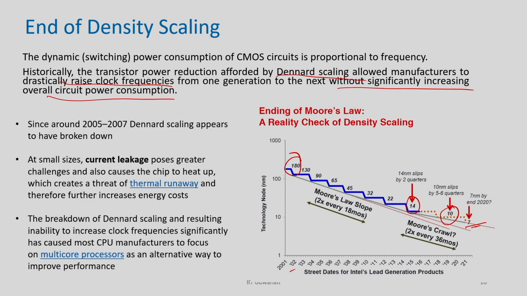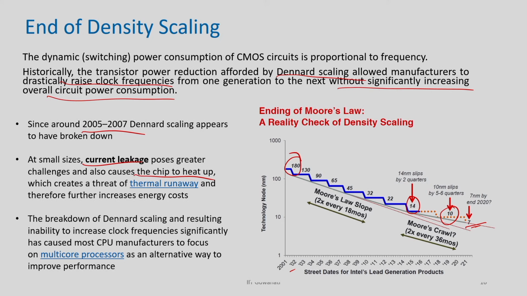Increasing the frequency has a side effect, right. Once the transistors become tiny, there is current leakage and also a problem of heating up, so your chip can burn with this many transistors working. Around 2006 or 2007 we found the end of this density scaling. We cannot pack more transistors into a particular design as much as possible, because of the side effects of current leakage and heat.